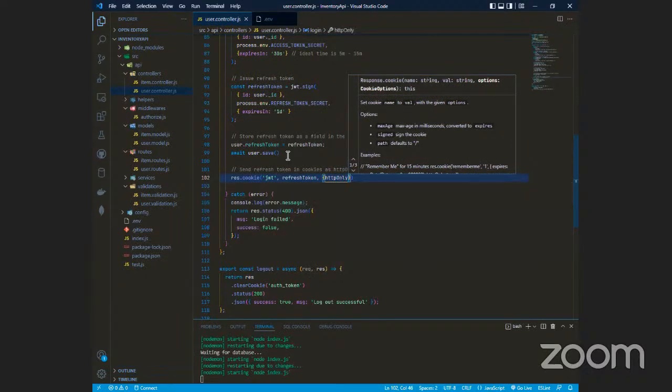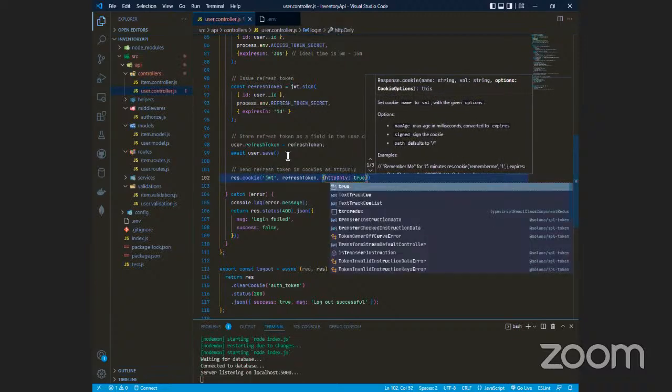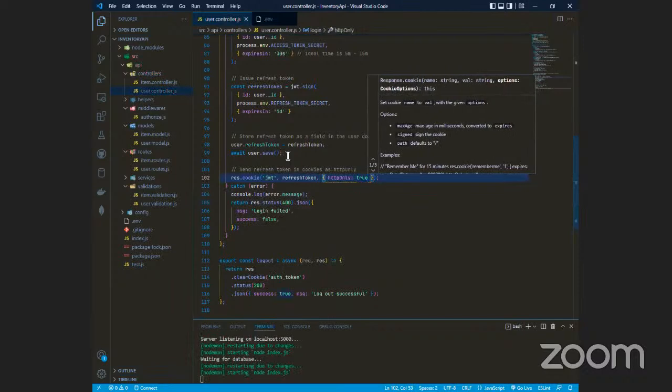HTTP only. It's supposed to give me the option, okay? For HTTP only should be true. All right, that's one. All right, let me save this. Then some other things you want to include, you can